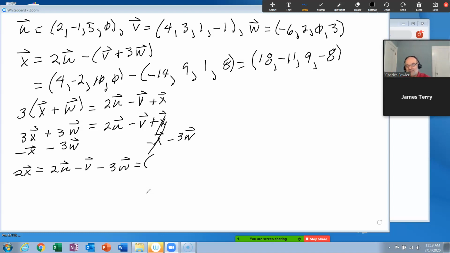Okay, you must like ugly, huh? No, I tend to put off the fractions until the last possible moment if I can. So you can certainly do it the other way. It's a perfectly legitimate move. But let's see what we got. The numbers will be a little bigger, but at least they won't be fractions until the very end. So let's see what we get.